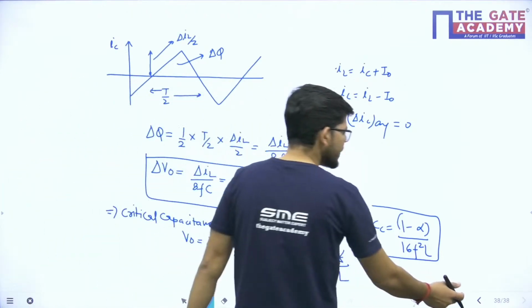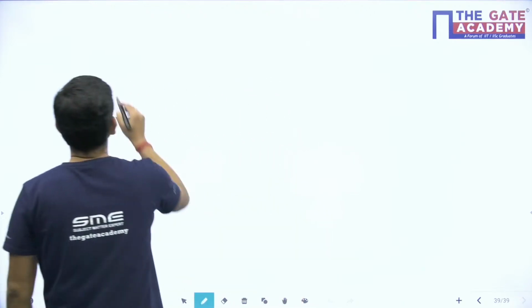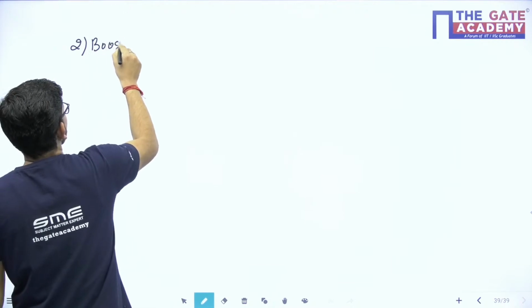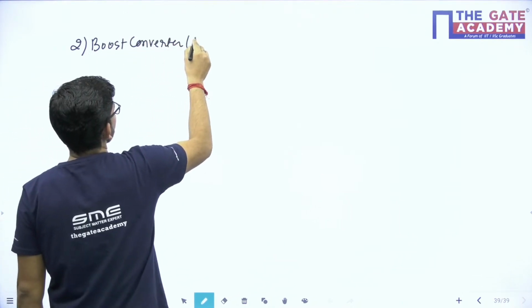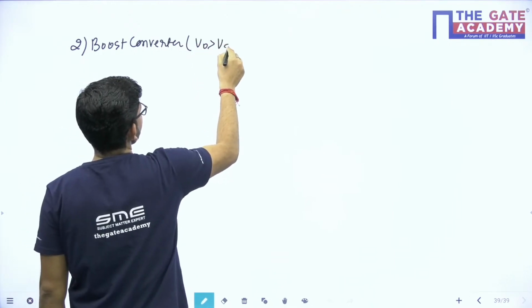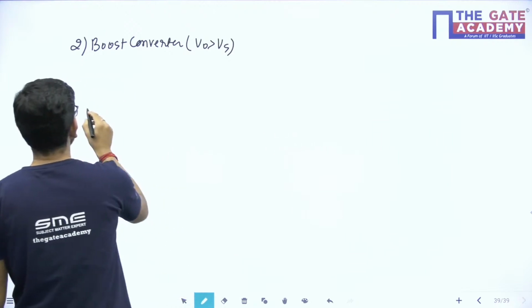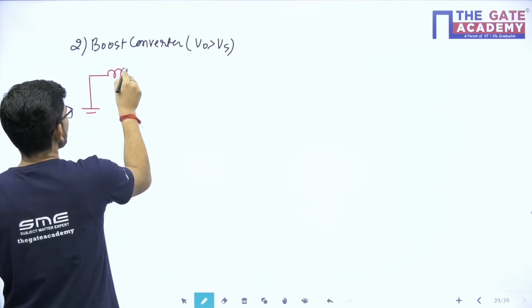Now the next circuit is the boost converter. The second circuit that we have is the boost converter. So in the case of boost converter, we have output voltage greater than the input voltage. What is the circuit diagram of the boost converter? So the position of the inductor